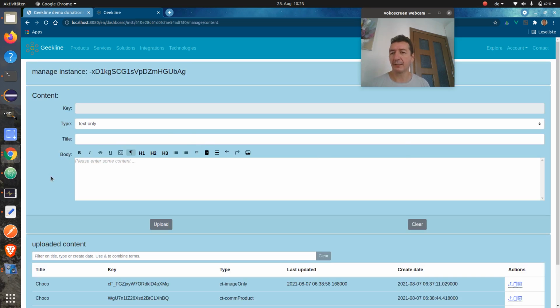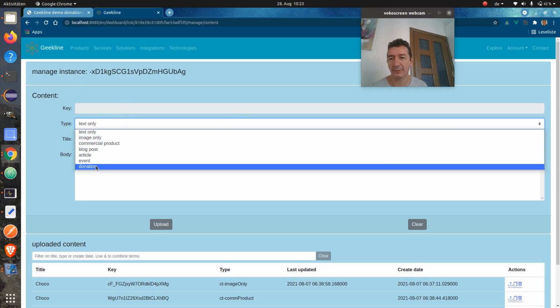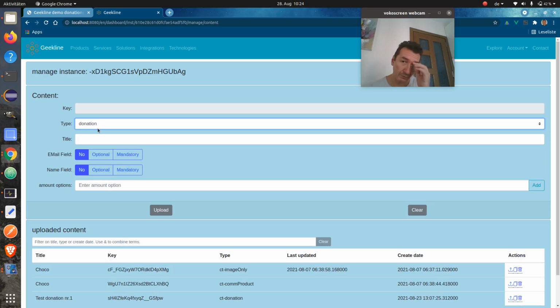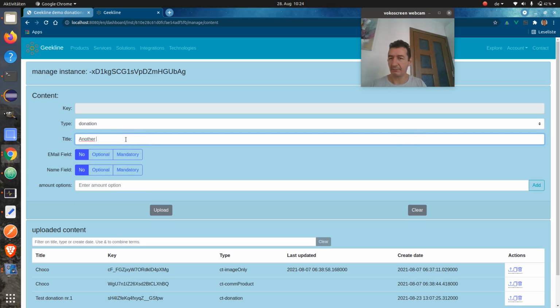As with every other cloud component, you just have to go to the cloud content dashboard web page, and as you can see here, we have something new called donation. As with all the other components, you can just select it. You can write some title, another test donation, for example,